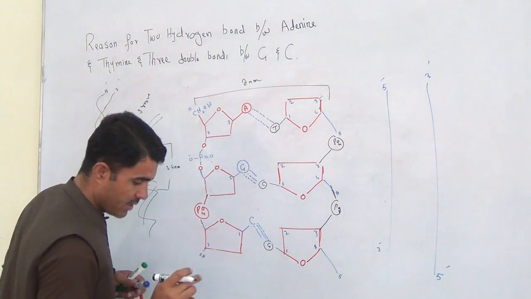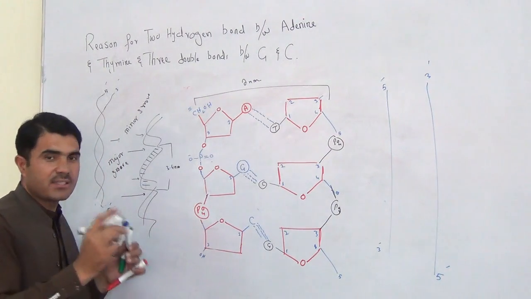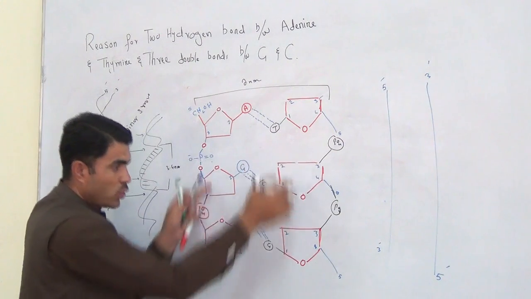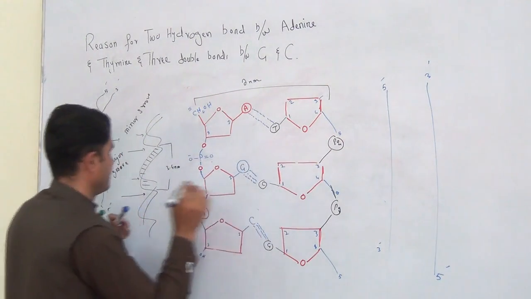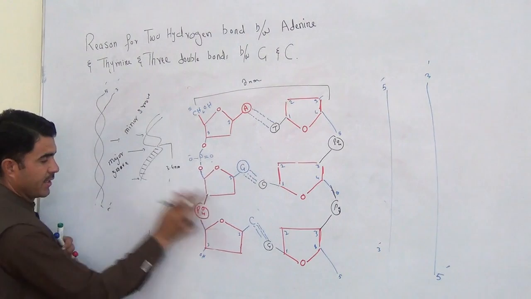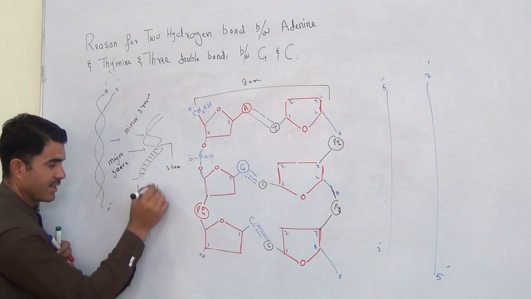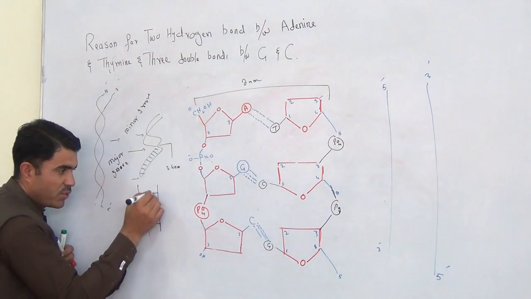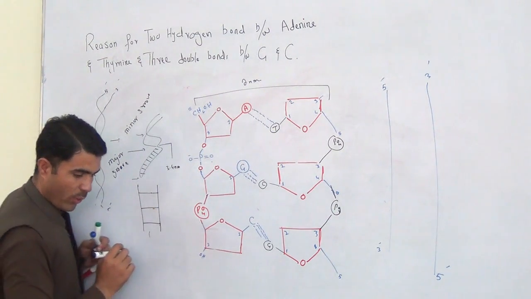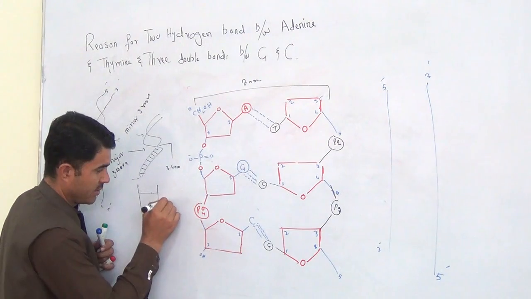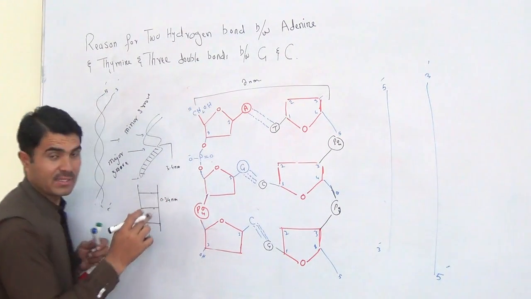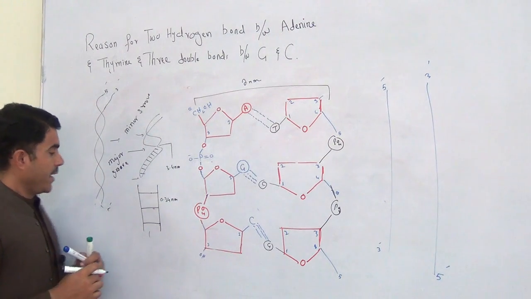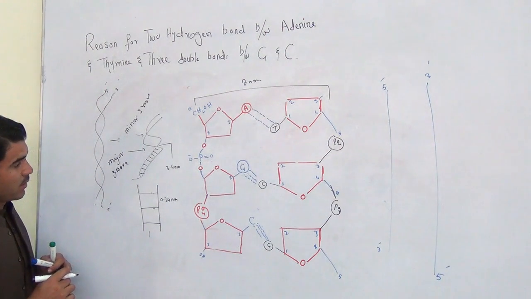The second one is, what is the distance between this base pair and that base pair, between the two base pairs, right? Actually I can write it here. If we say DNA is like this, right? So the distance between the base pairs is 0.34 nanometer. 0.34 nanometer is the distance between the base pairs. And one thing more,